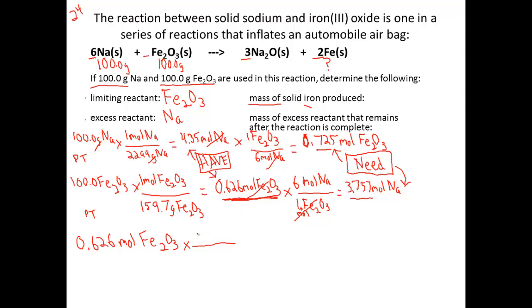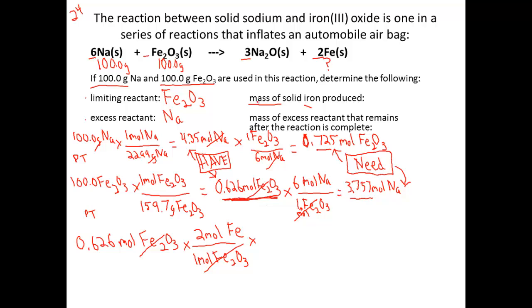Our reaction says that 2 moles of iron is going to be produced from 1 mole of iron 3 oxide. Moles cancel moles,